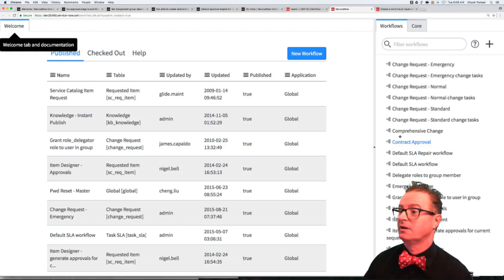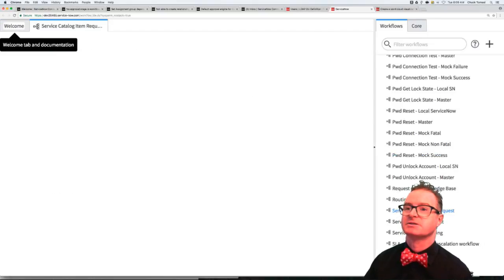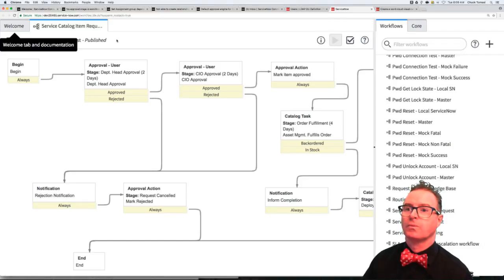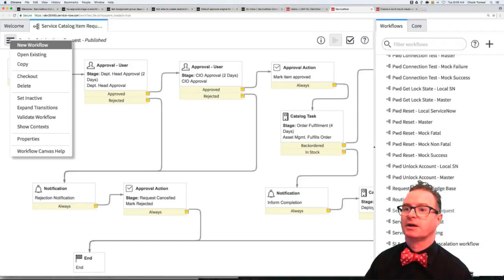This is a freshly wiped instance, so I may not have everything that I usually think I have. This is always fun. And I know out of the box, we'll just take service item request. Check that out. And in the properties,